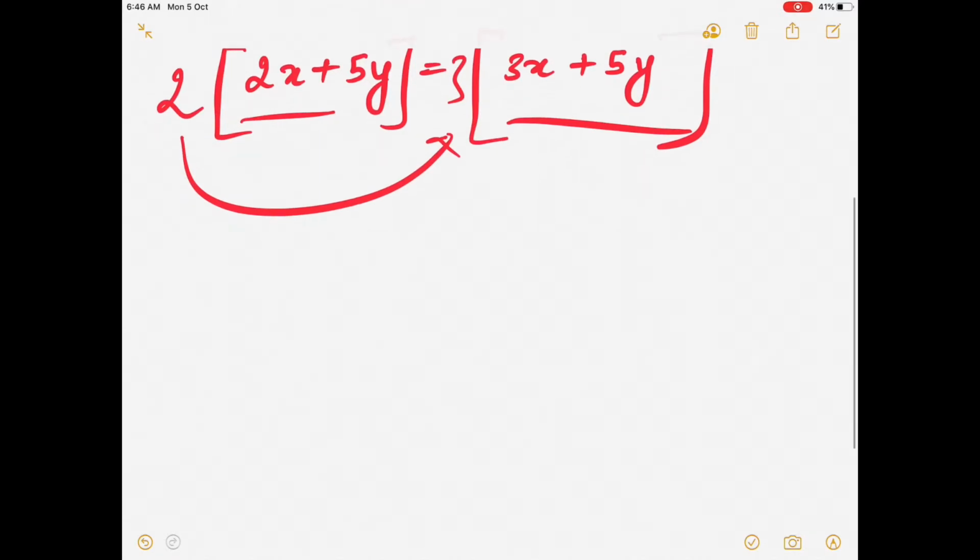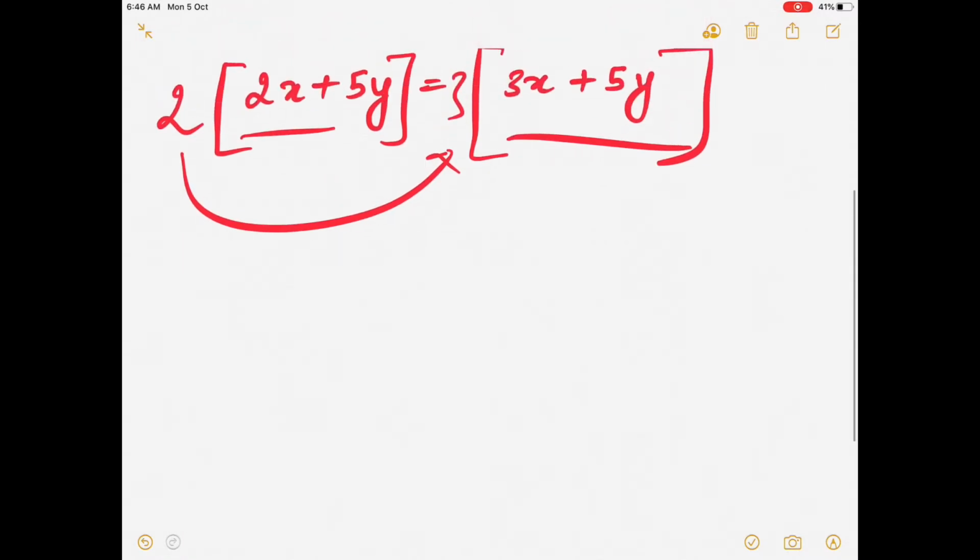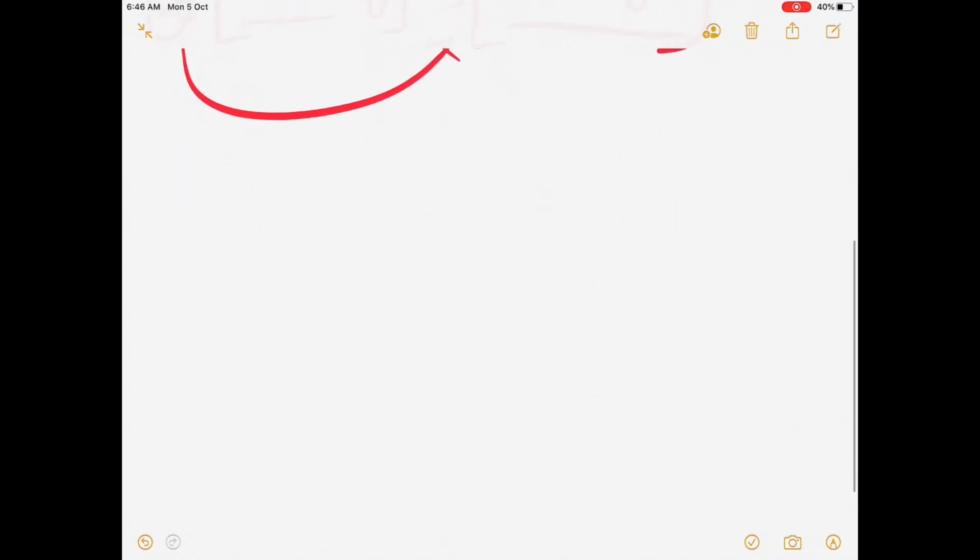Okay, the second point you must keep in your mind: you multiply or divide both the sides of the equation by the same non-zero number. When you are multiplying or dividing the equation, you have to multiply or divide it by the same number, and that number must not be equal to 0. And the first point was you have to subtract or add the same number at both the sides, both LHS and RHS. Okay, so now let's take an example.